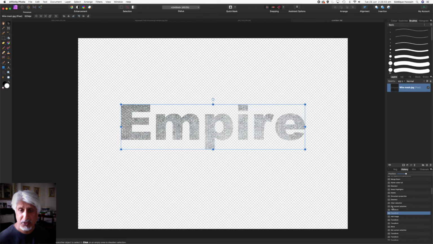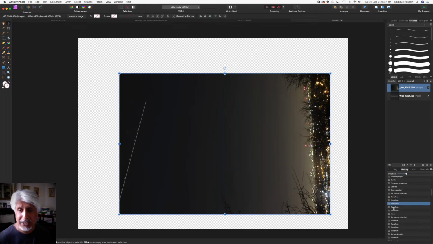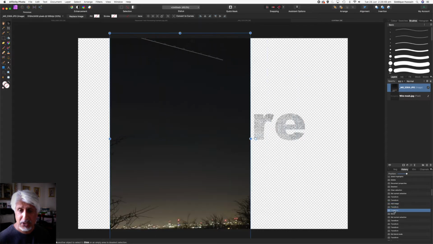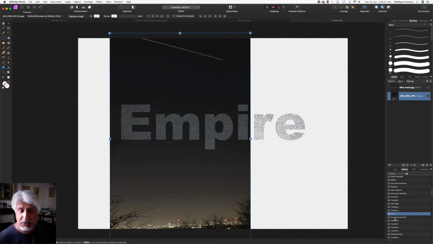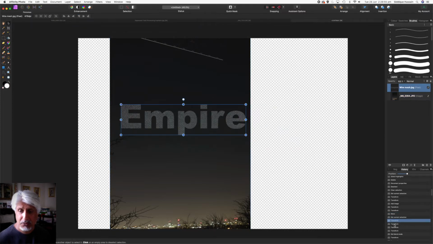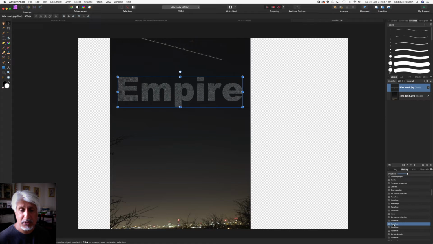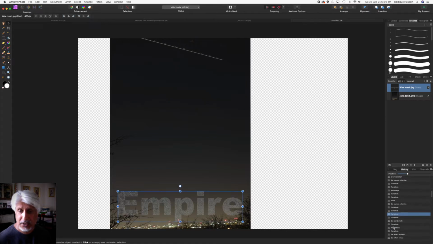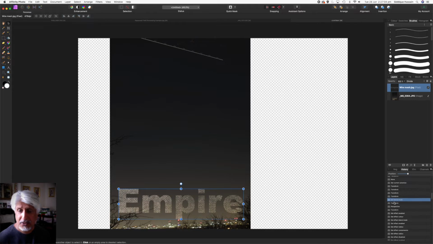Then of course moving it, transforming it, changing its size. Then I want to put it on an image, so I've imported an image, changed it round, moved it round, and then put the text where I want to, resized it because the image is a portrait orientation, placed it where I want to, and again selected the blend mode, so you can change the blend mode. I've got it to divide now,